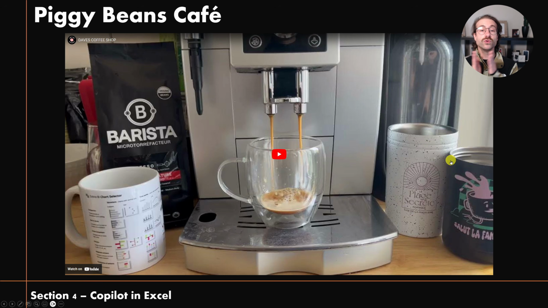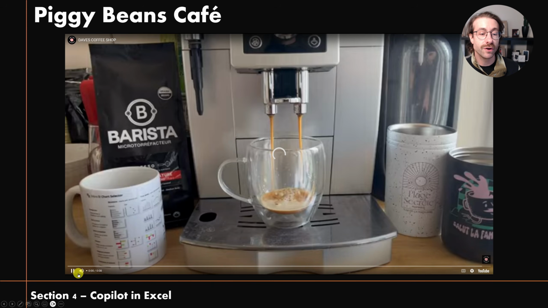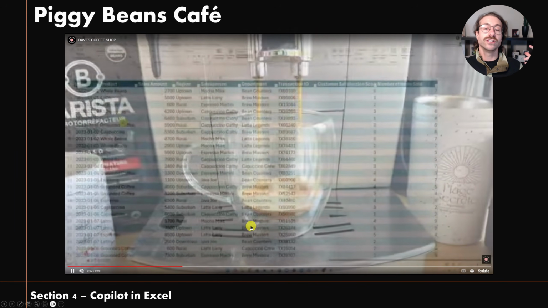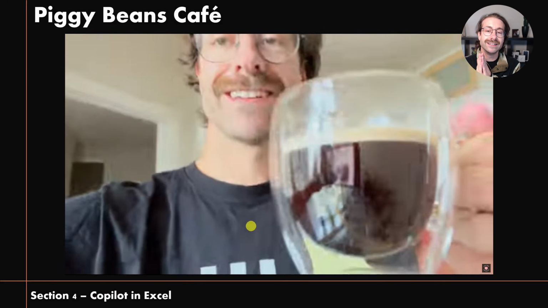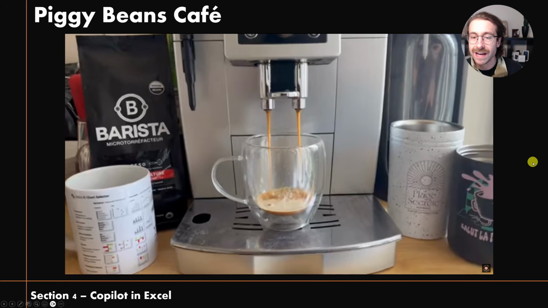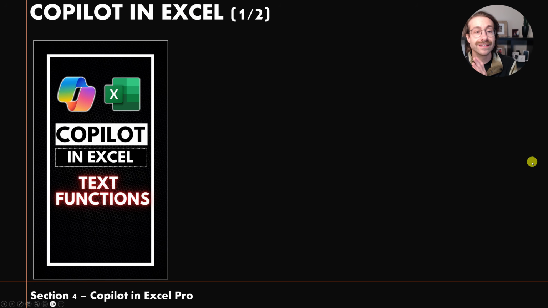So we are going to go in the Piggy Beans Cafe, party people. The Piggy Beans Cafe is actually the best cafe here in Canada. I'm kidding, this is made up, but basically this is my use case that I use every time, the Piggy Beans Cafe. And it is to actually show you the data. So the data we're using is sales data in this case. And the first use case we can do with Copilot in Excel, this is actually the pro version, by the way, because if you don't pay, you don't get the little button at the top of Copilot in Excel, okay? So I'm going to show you how to use Copilot in Excel